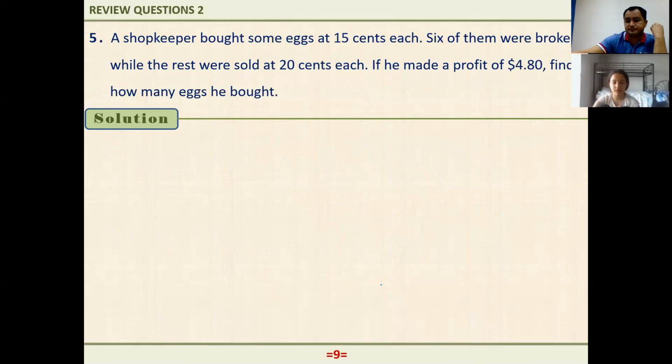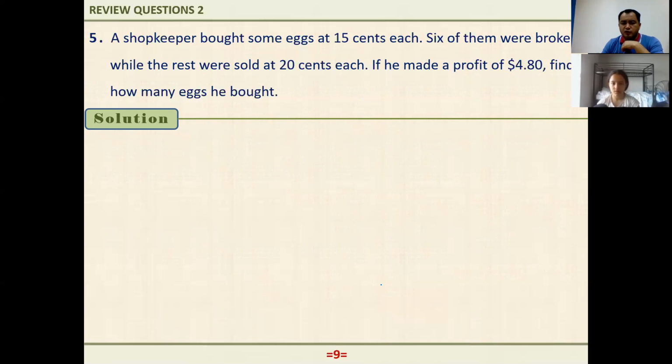All right, read the problem. A shopkeeper bought some eggs at 15 cents each. 6 of them were broken, while the rest were sold at 20 cents each. If he made a profit of $4.80, find how many eggs he bought. Get it? I think so. Okay, Shahina. Again, in the questions, as you solve more and more, you will see that immediately you can say,